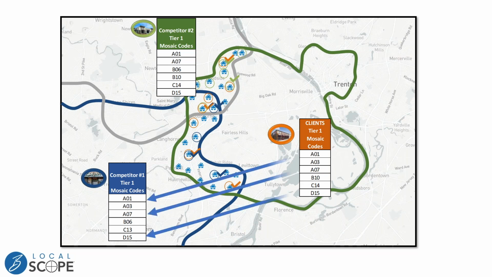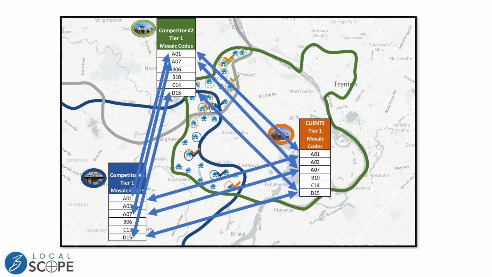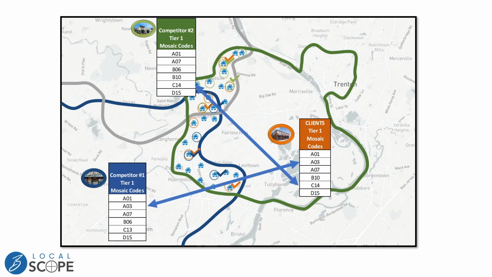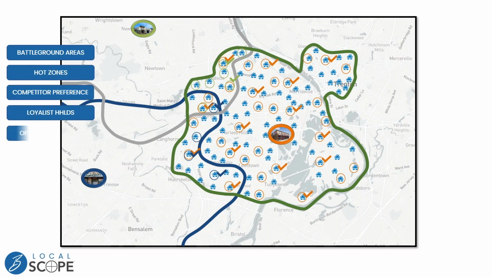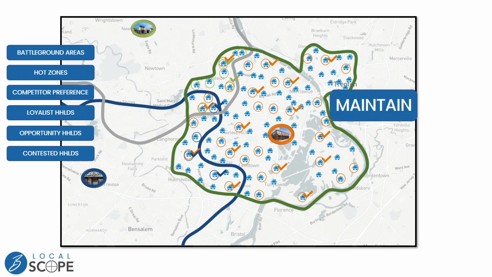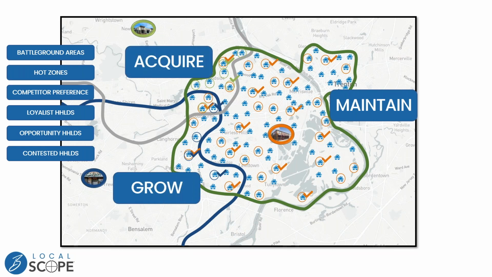For instance, we can understand the Tier 1 mosaic codes that are common to all businesses. Likewise, we can understand the codes shared by only one other competitor. And we can even understand those mosaic codes unique to a competitor's Tier 1 set. All the comparisons to competitive threats enrich the initial analysis done in isolation. And when you put it all together, you have data that can support a maintain strategy in the areas the client dominates, a growth strategy where there are opportunity households, and an acquire strategy in those areas where a competitor